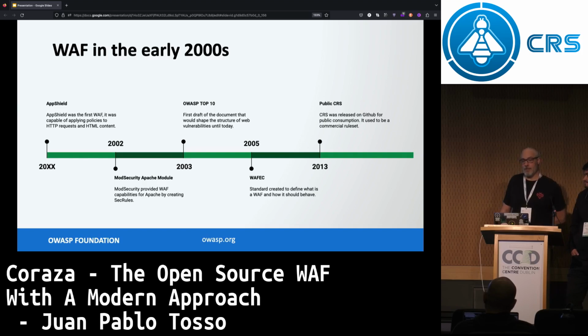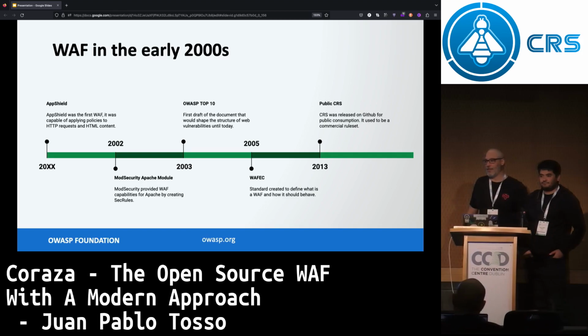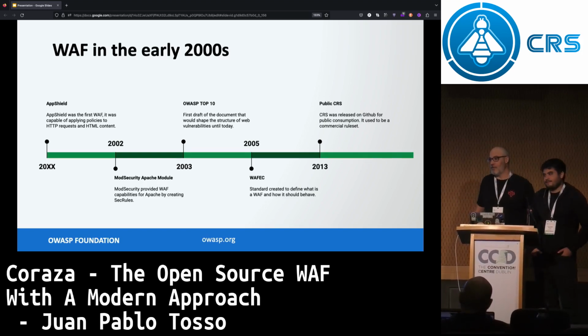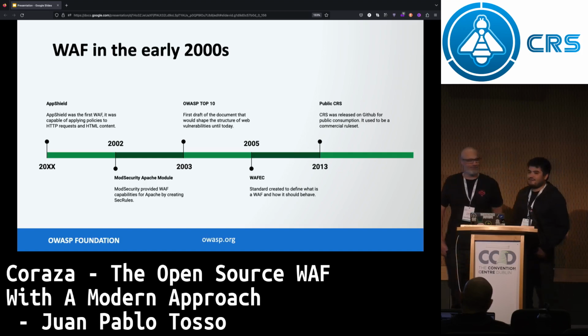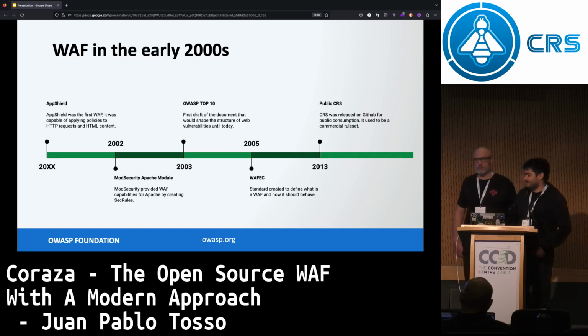I remember because I was using it at the moment that it was an SVN version, but none of my old discs has it, and I don't think it's around there anymore. Actually, there are records that the CRS was released with the first version of ModSecurity, but it was a private project.